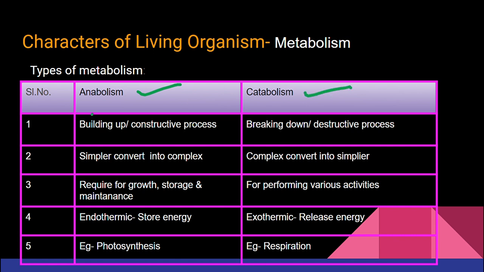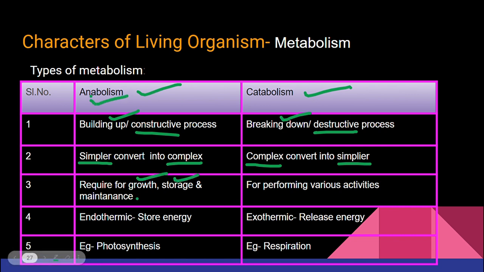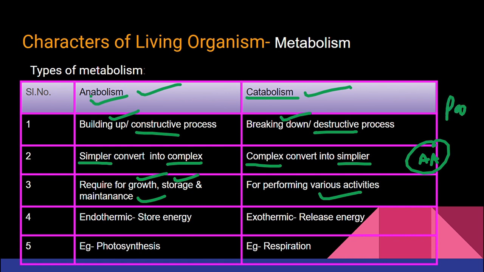Let's just quickly differentiate them. Anabolism is building up or constructive. Catabolism is breaking down or destructive. Anabolism is converting simpler substances into complex ones. Catabolism is converting complex substances into simpler ones. When do we do anabolism? During growth, during storage, and during maintenance. When do we do catabolism? When we are performing various types of activities. For example, for the formation of protein, we need lots of amino acids. So from where do we get these amino acids? Obviously protein is broken down to form amino acids,